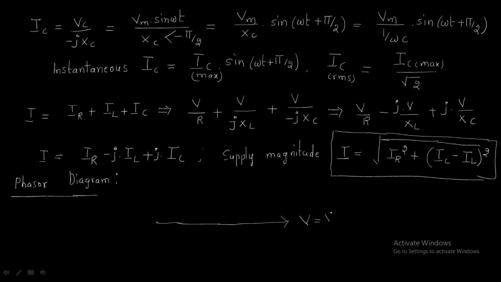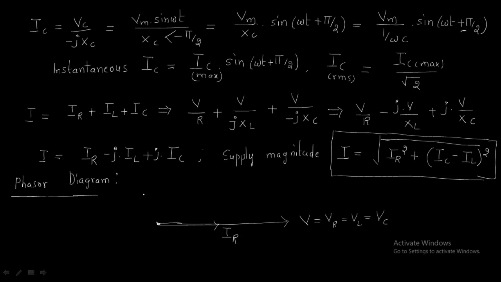All the voltages V, VR, VL and VC are the same. The current flowing through the resistor is in phase with the supply voltage. Inductor voltage VL, IR is here, but the capacitive current is always plus 90 degrees, that means